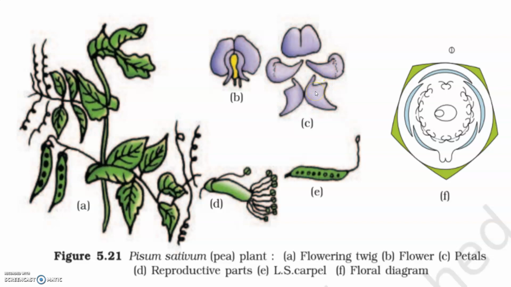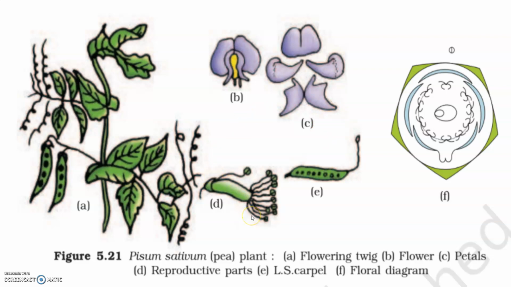Gamosepalous, valvate, imbricate aestivation. Corolla: petals, they are 5 and polypetalous, papilionaceous, consisting of a posterior standard, 2 lateral wings, and two anterior ones forming a keel and closing the stamens and pistils, and they have a vexillary aestivation. Androecium.